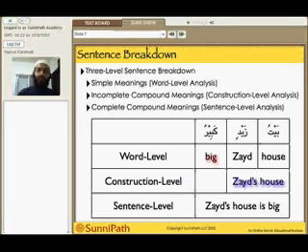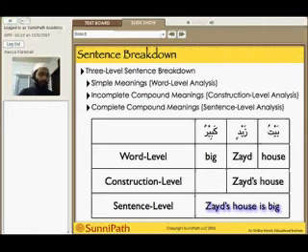And the sentence level analysis comes next. We combine the words and the constructions in the sentence into a sentence. We merge them. So over here we have another level of word synergy taking place. A second level of words combining, fusing, merging to convey a combined meaning. So in this last step, in the sentence level analysis, the word big and the construction Zayd's house merged to form a complete sentence, which is Zayd's house is big. So this is an example of a complete compound meaning.